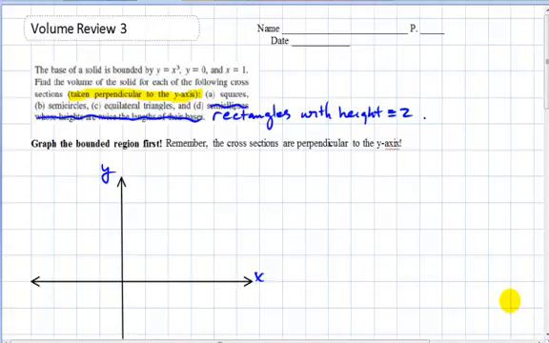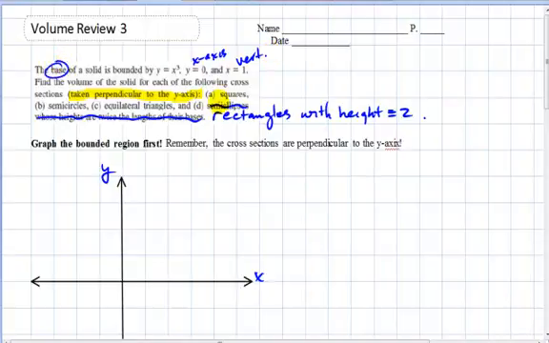This is Mr. Ainsworth, and we're going to get into volume review 3. And take a look at this problem here. We're going to consider the base of a solid bounded by y equals x cubed, y equals 0, which is the x-axis, and x equals 1, which is the vertical line. We're going to bound that region. It's going to be the base of the solid, and we're going to find the volume of the solid